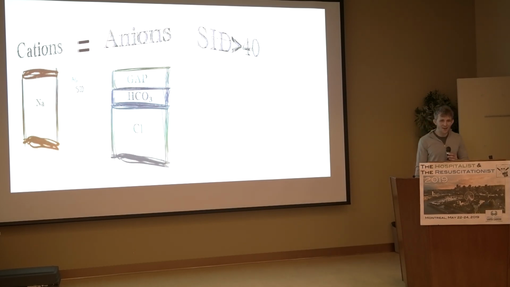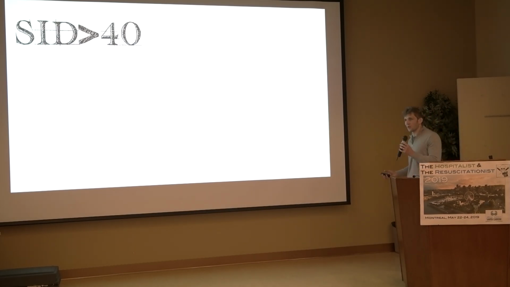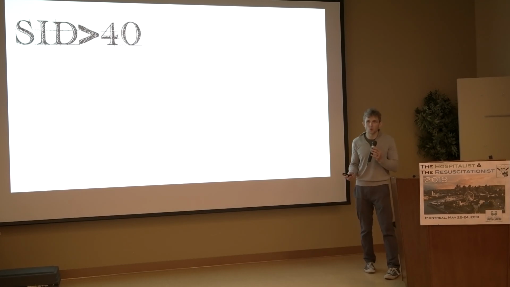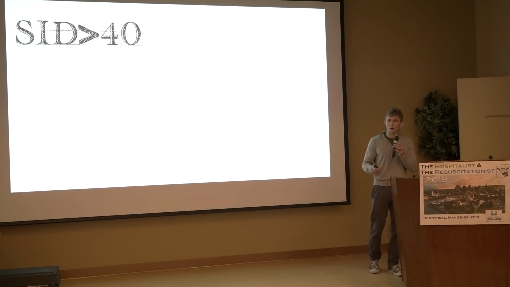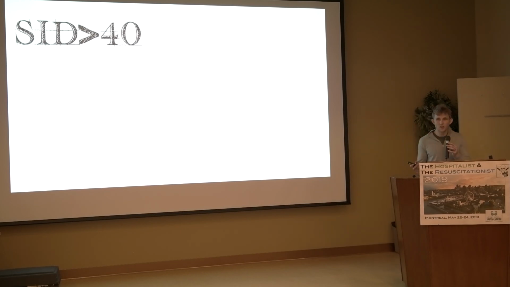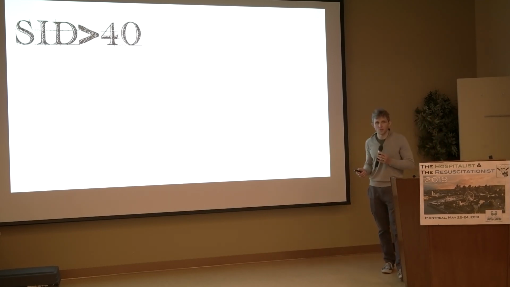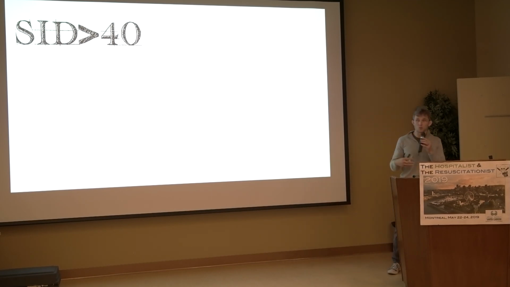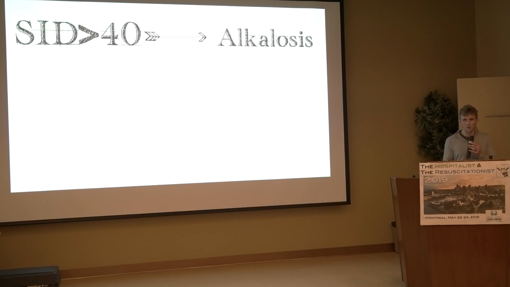All right, so a normal SID, if your sodium's around 140 normally and your chloride's about 102, a normal SID is somewhere around 38 plus or minus 2. So we say a SID over 40 is elevated, right? So what does a SID over 40 tell you? Just have to think about it for one second. It means there's more sodium in the system in relation to our chloride, right? So there's decreased chloride, increased bicarb, you have a metabolic alkalosis.